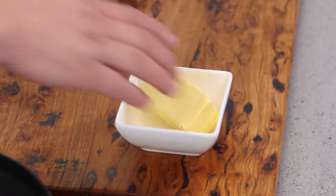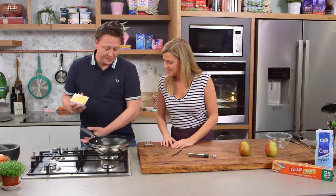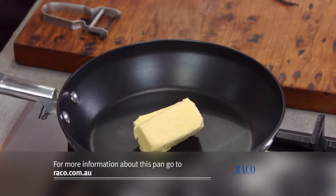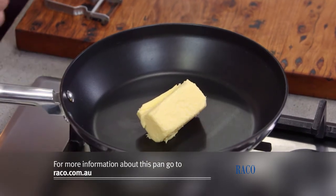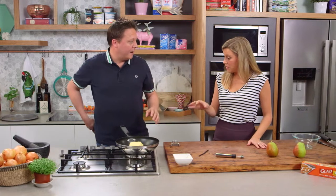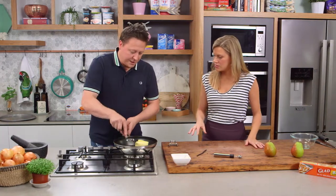We've got some unsalted butter, and we're just going to chuck it into this saucepan, and this saucepan can go in the oven. Yep. Okay, so just make sure your handle will suit that. So we're going to do the whole thing in one pan. So you're not even heating it up at this stage? No, we're just going to...